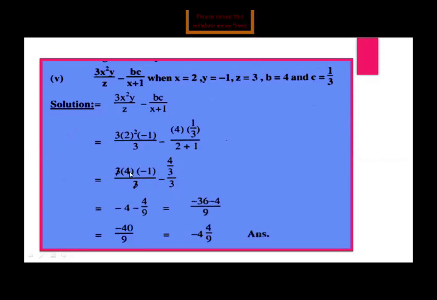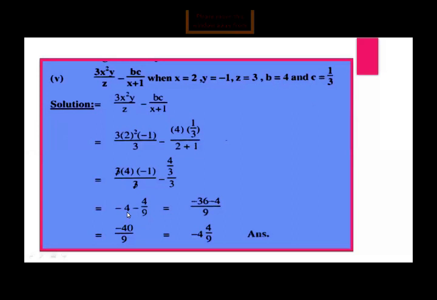In the first fraction, the remainders are 4 and minus 1. So we multiply minus and plus, the answer is minus, and 4 into 1, the answer is 4. From here, we find its reciprocal. When you find its reciprocal, we observe that 3 will multiply by 3, so it becomes 4 upon 9. Keep this in mind clearly.